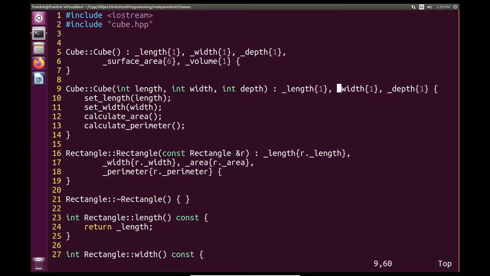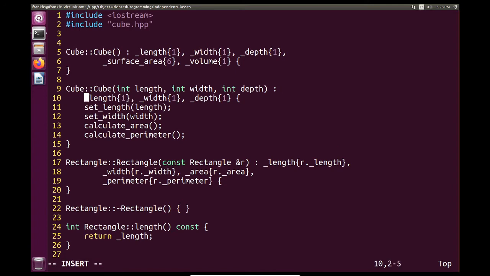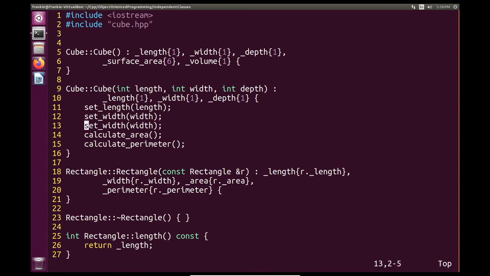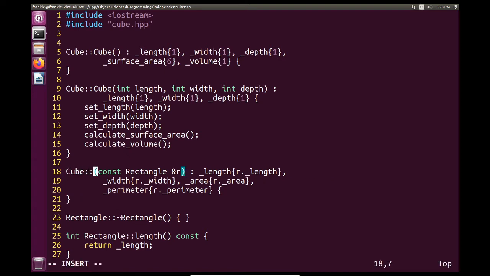And let's do that. And then we'll have our set depth with the input of depth. And then instead of calculate area, we'll have surface area. And instead of perimeter, we're going to have volume. We continue the same thing of converting rectangle to cube. It's a little bit of a painful process, but in my opinion, it's better than rewriting the whole entire thing